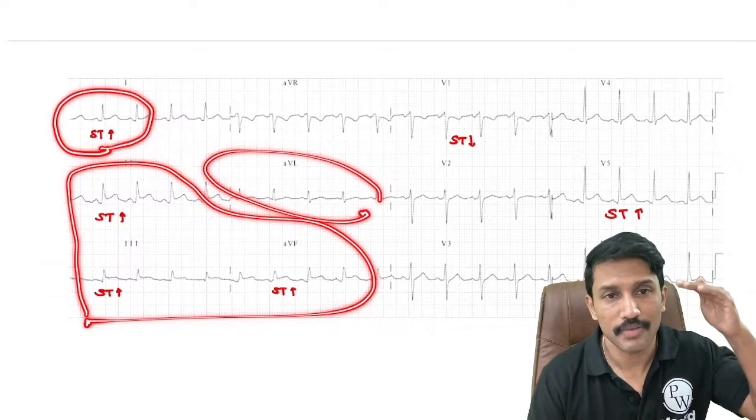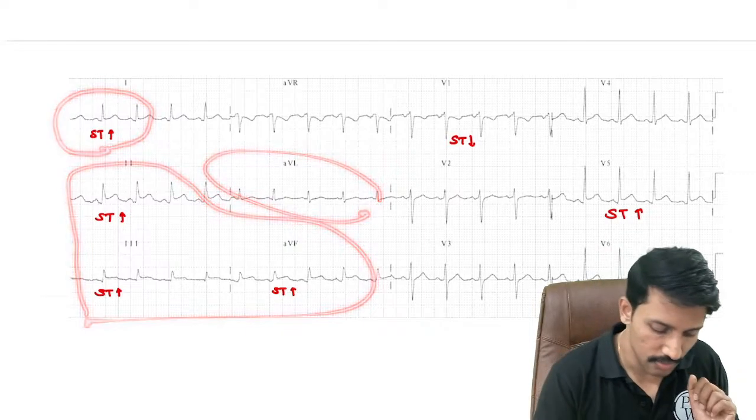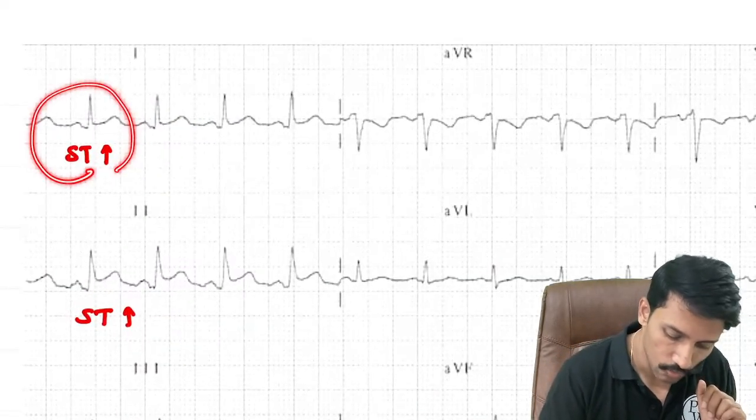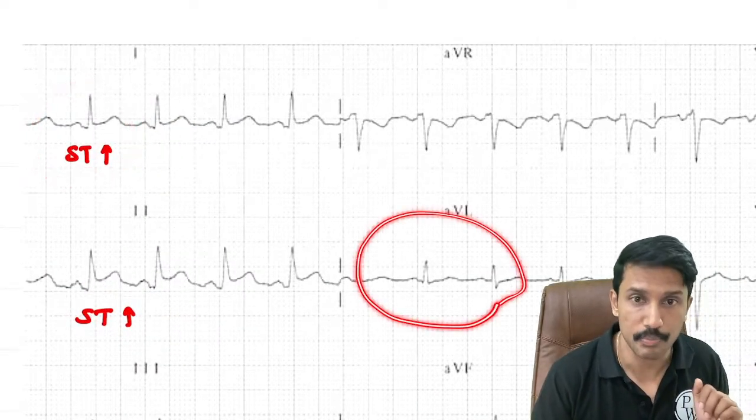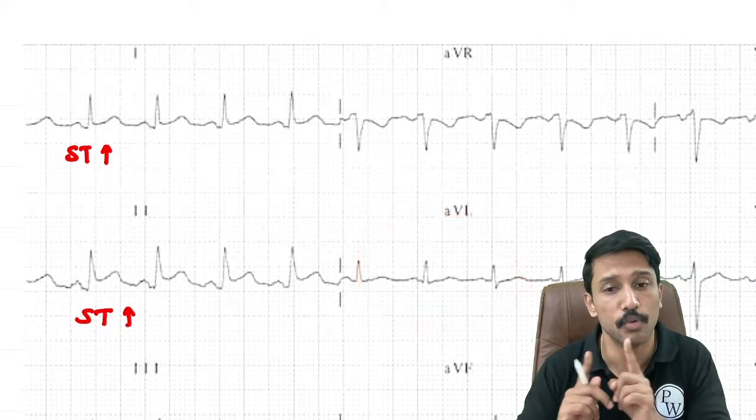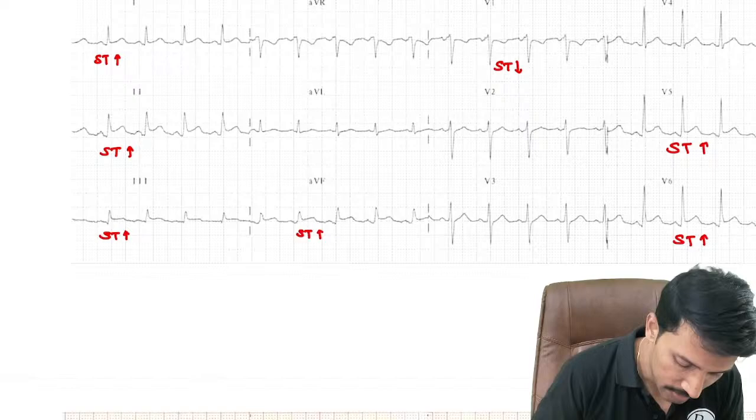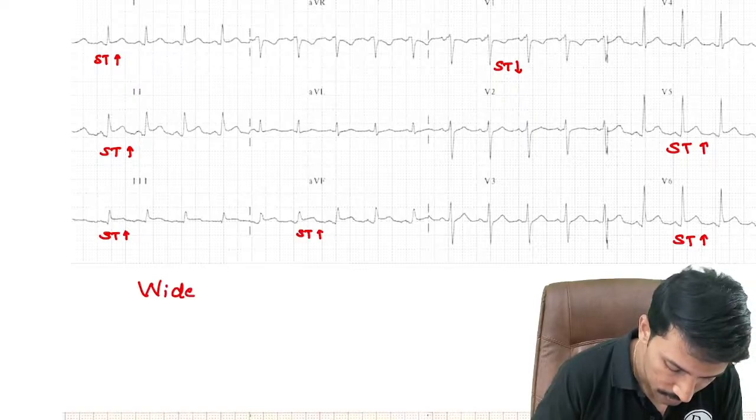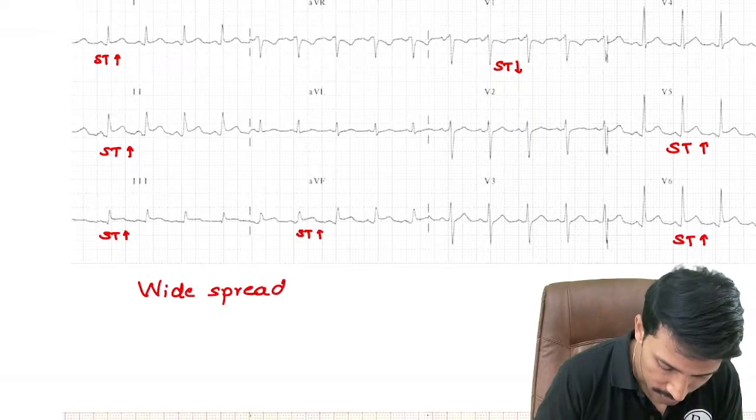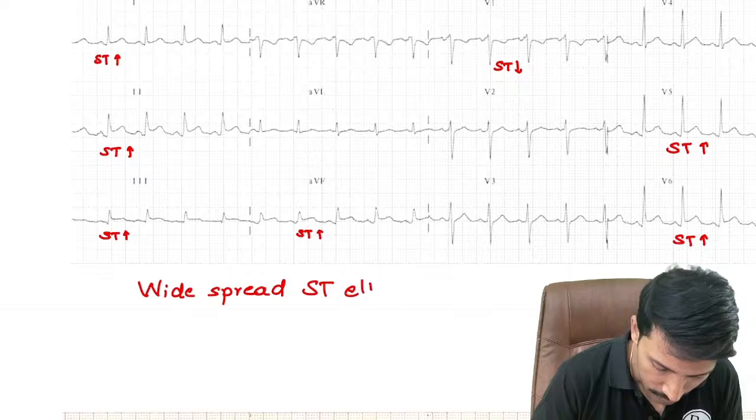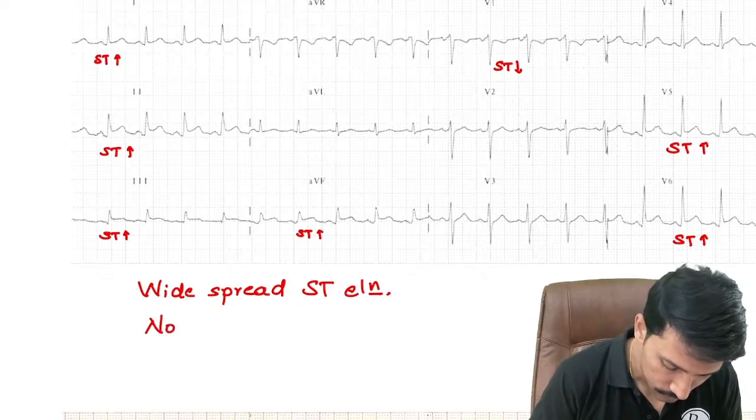Lead 1 and AVL should have ST depression. But here I am getting ST elevation in lead 1, right? And there is no ST depression in AVL. So that means reciprocal changes are missing. So can I say that in this ECG, I am getting widespread ST elevation and no reciprocal changes